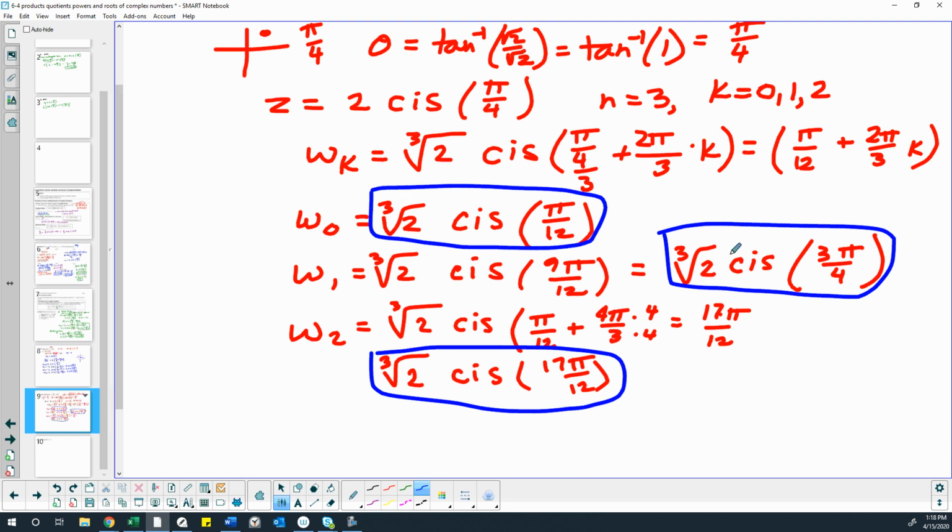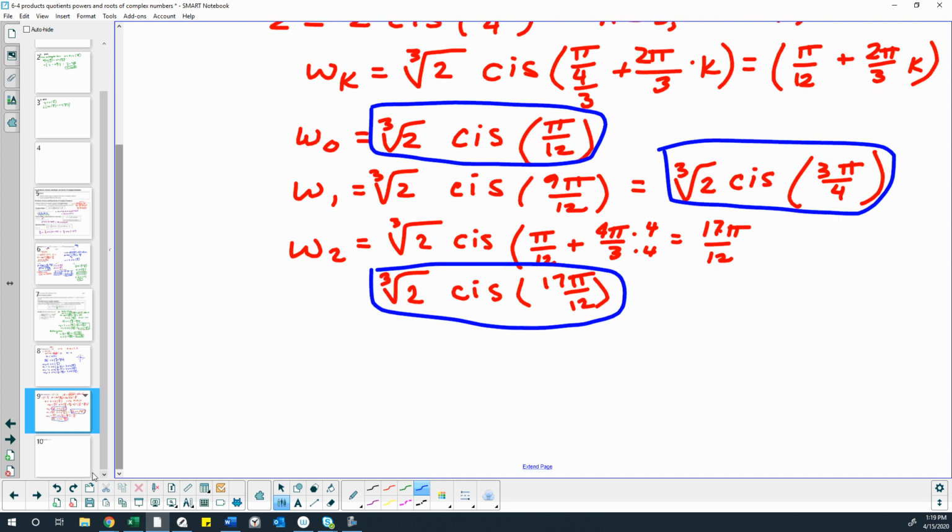Oh, but would I want to change this to rectangular form? It's pi 12. The only one we would actually know the exact number for would be this one. So. All right,